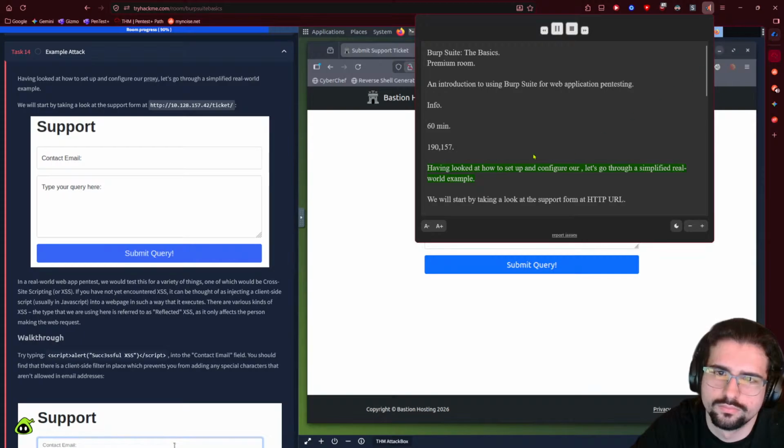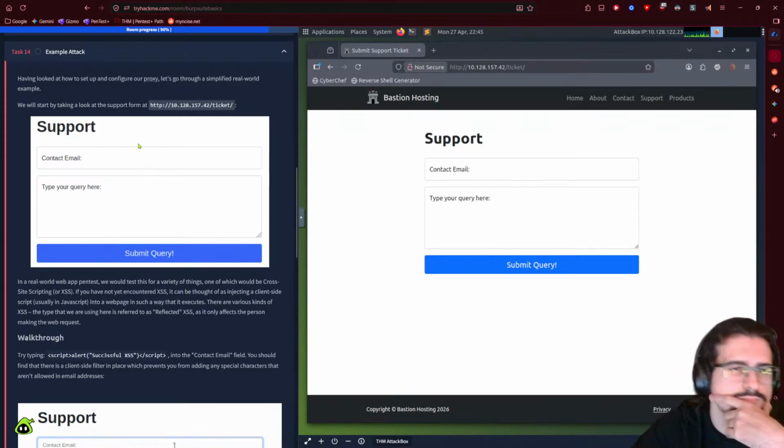Having looked at how to set up and configure Burp, let's go through a simplified real-world example. We will start by taking a look at the support form at the HTTP URL. In a real-world web app pentest, we would test this for a variety of things, one of which would be